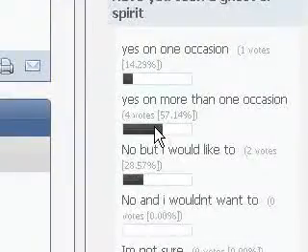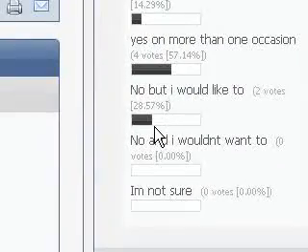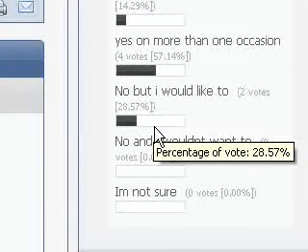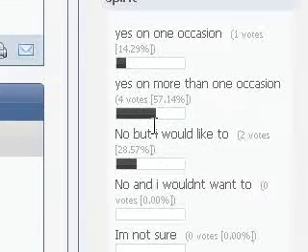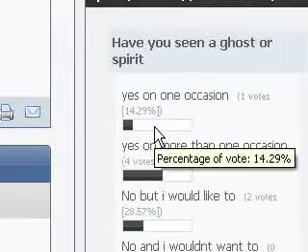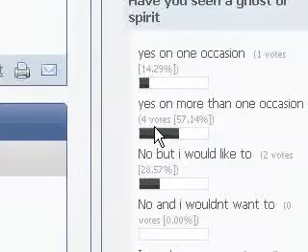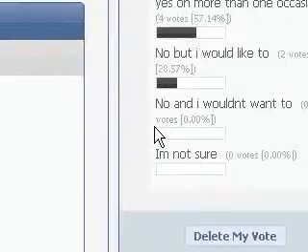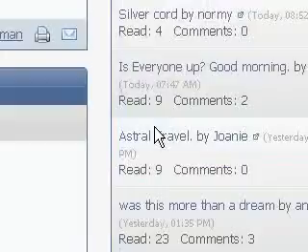You'll see you've got a graph now because you voted. You can only vote once on a poll, and it's showing you what other people have voted. So it's quite interesting to see in this case how many of our members have seen spirits and so forth.